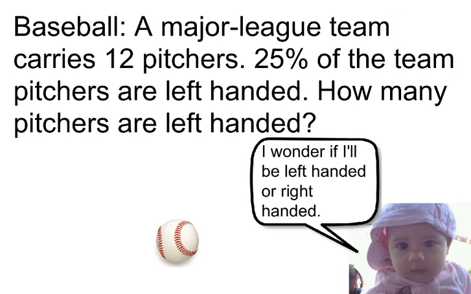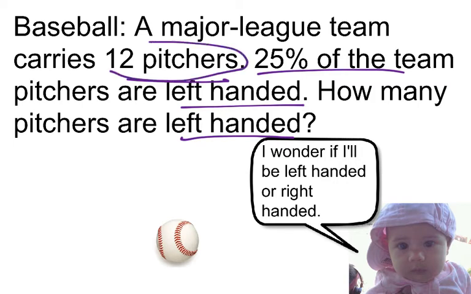A Major League team carries 12 pitchers. 25% of the team pitchers are left-handed. How many pitchers are left-handed? So a few steps that we always want to know is, what is it asking us? It wants us to know how many pitchers are left-handed. It also tells us the total. We know that there are 12 pitchers, and we know that 25% of the pitchers of the 12 are left-handed. So we need to figure out